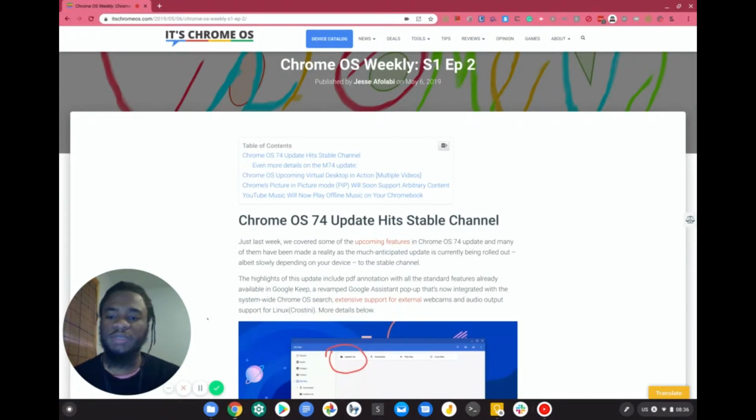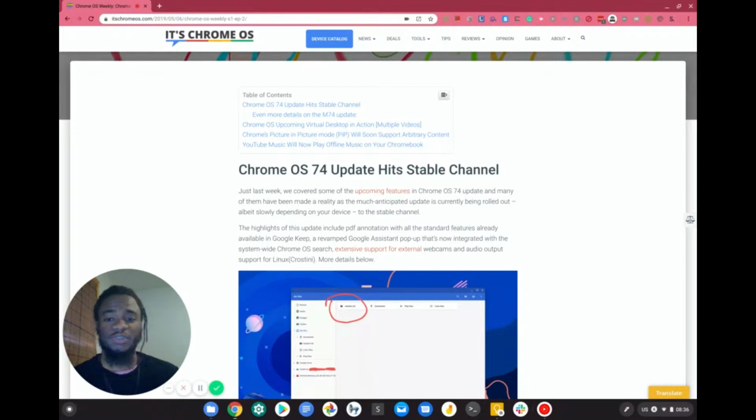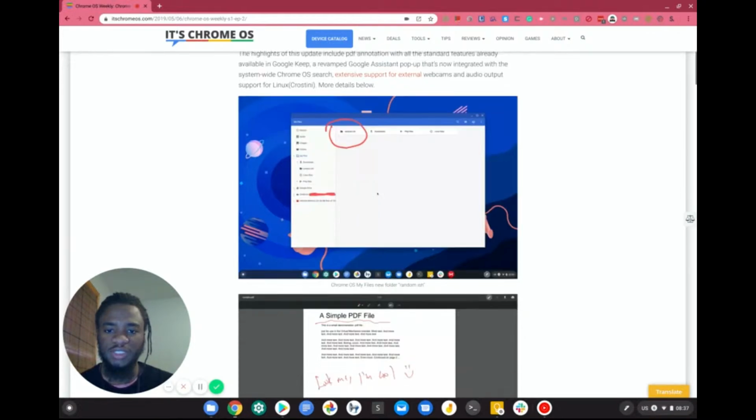So the biggest news for today is the latest Chrome OS 74 update. Just last week we covered some of the upcoming features in this update, and many of them have thankfully made an entry with this update. Some of the most important features that we reported on were the extensive support for external webcams, as well as audio output for Linux, Crostini, as well as a revamped Google Assistant pop-up that's now better integrated with the system-wide Chrome OS search. As you can see in this image,